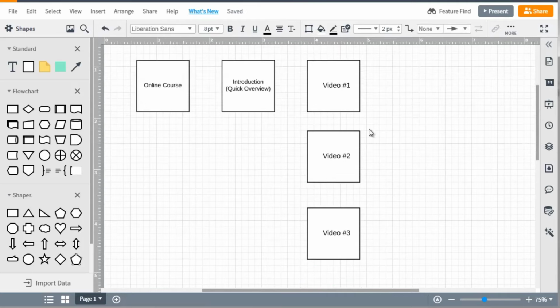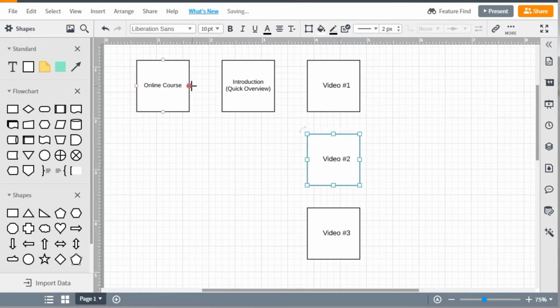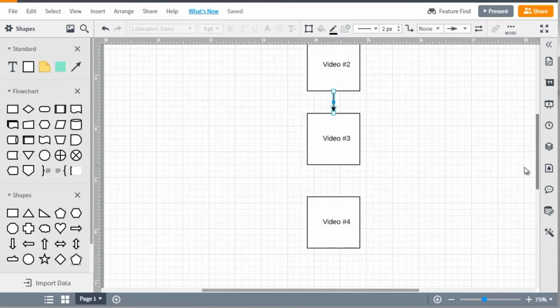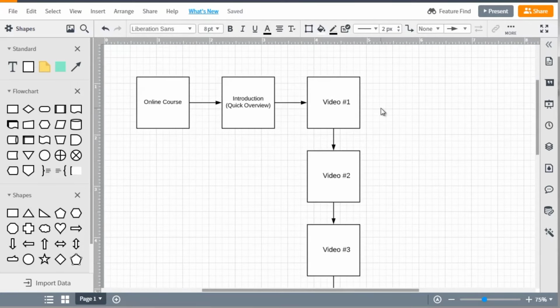So what we're going to do now is, let's actually move this up. Let's see here. What I like about Lucidchart is you can pretty much map it out so that you can see, okay, this is step 1, this is step 2, this is step 3. We move from here to here, and let's see here, here to here, and here to here, like that. All right. So this is our whole course.